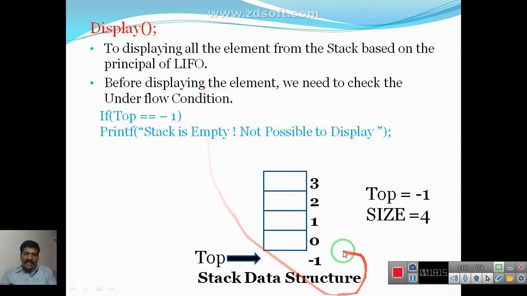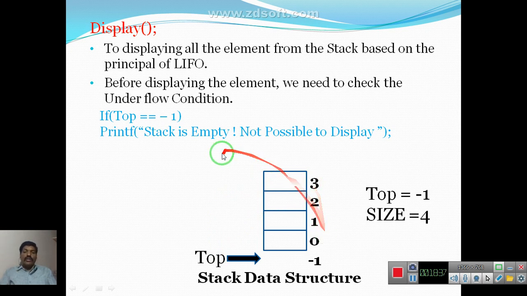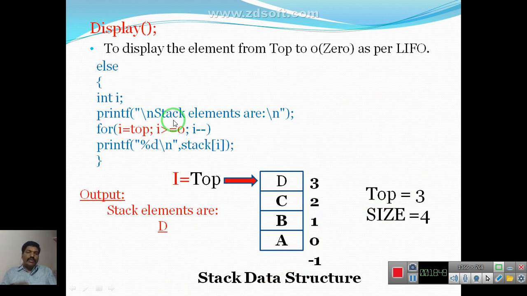Suppose there is any element, then top is locating a non -1 value. It is not supposed to indicate -1. If there is any element, one element means 0 indication, 2 elements means 1 indication, 3 elements means 2 indication, 4 elements means top will be indicating 3. So if it is not empty, the top should not indicate -1. Like that, if the if condition fails, then automatically it moves to the else